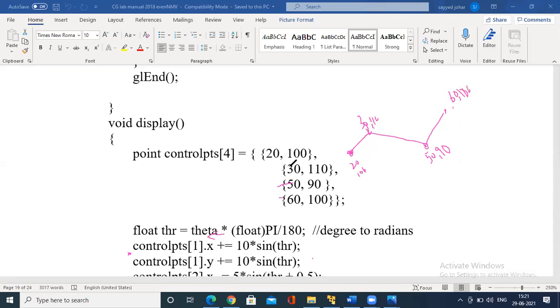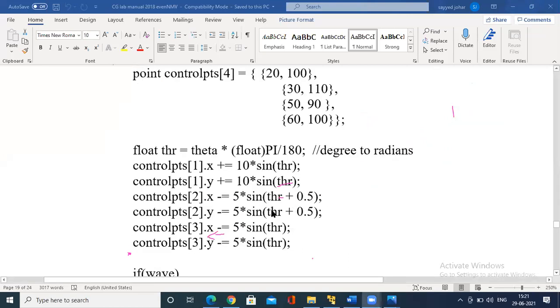Clear? In this, we have to concentrate on the 3 major control points to change the angle of rotation, whereas this control point is fixed. Since it is fixed, see here, this control point is fixed. So we are going to set up the rotation, that is, converting the degree into radians. We are going to convert the angle into radians.